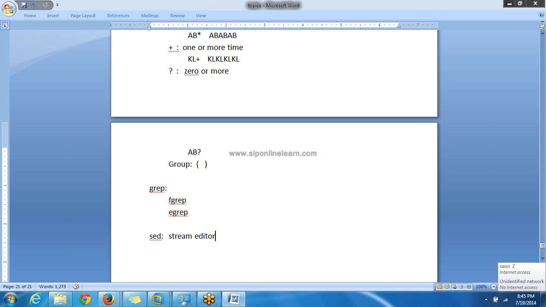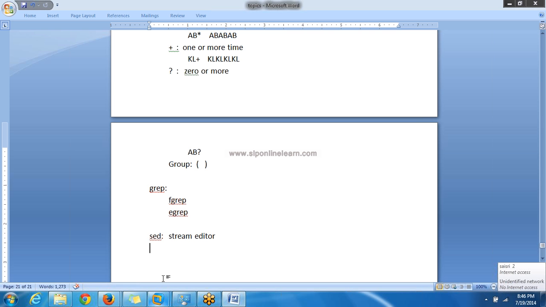Same with sed, it is a stream editor. You input a file or set of files to this sed command and it will edit the file content based on the regular expressions we specify. But these edits will be displayed onto the screen and will not be reflected in the file. The file content remains the same, but whatever changes we specify, it will apply those changes on the file content and display them onto the default output media, that is the monitor.